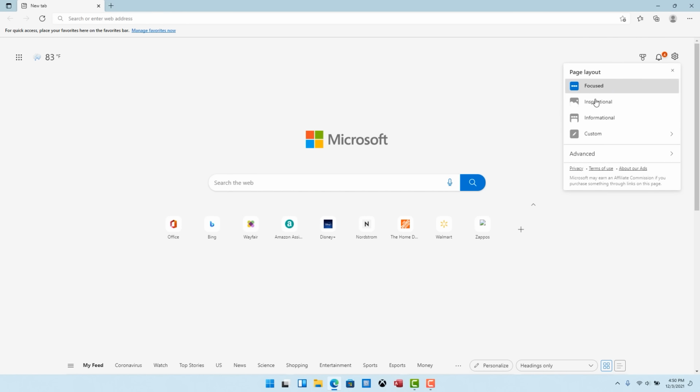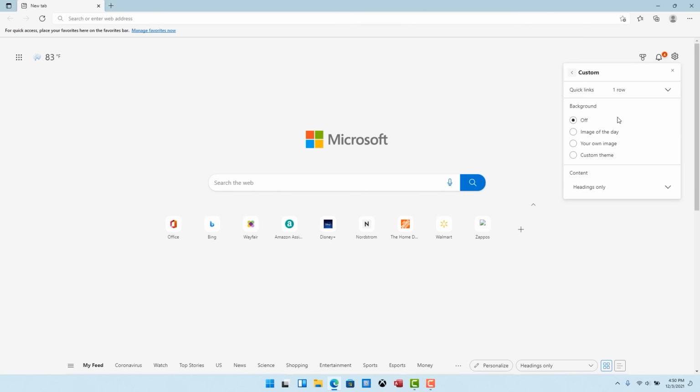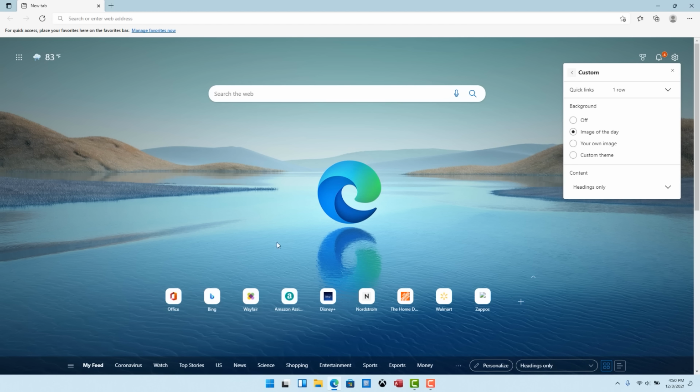You can choose any of these page layouts. You can customize a layout if you want to. We can turn the background off. We can have the image of the day just populate back here. You can create your own image. You can customize the theme. And again, here we're on Windows 11. We're talking about customization. You can customize so many things here to make sure that you have the experience that